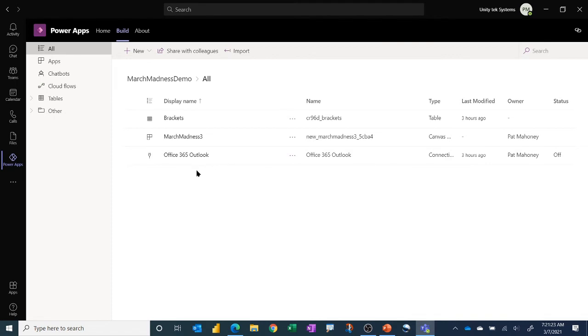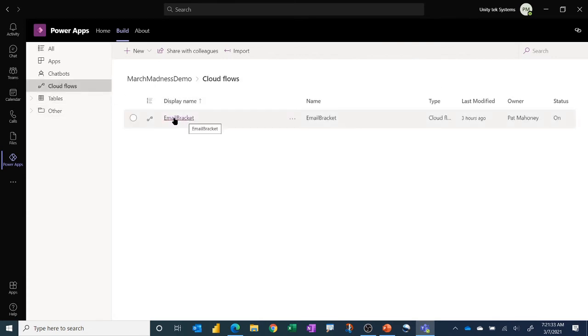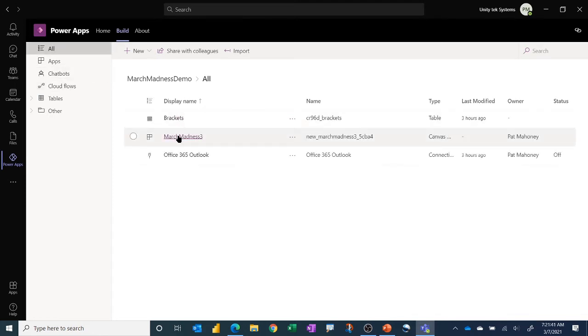And you don't see the flow here. This is something I've seen as well, so I'll show you the workaround to get the flow reconnected. If we look under Cloud Flows, it's actually listed here as email the bracket, but it isn't associated with the app yet. So what we're going to do is open the app,